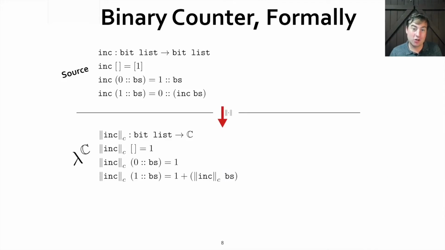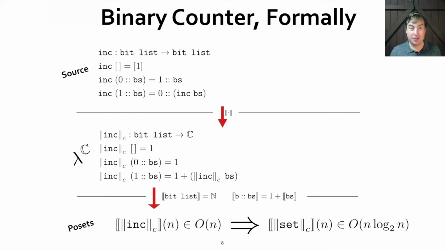We can take our increment function written in the source language and pass it through the recurrence extraction translation to get a function into a pair C cross, which computes the cost of running increment along with the size of the result. Now, the first component of this pair is the important one. It's the execution cost, so I'll just write that with the subscript C. Now, this syntactic recurrence that you get out is exactly what I hope you'd expect. The key case is when the least significant bit is 1: it costs 1 for the cons, plus the cost of recursing down the tail.